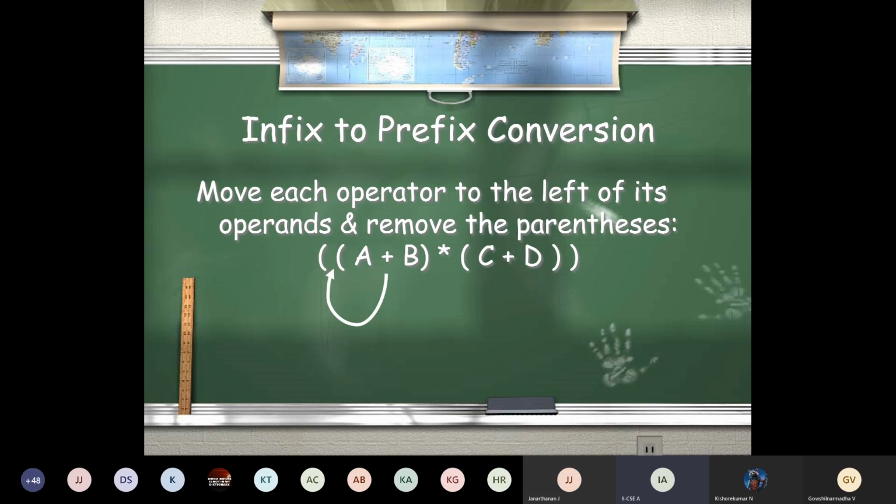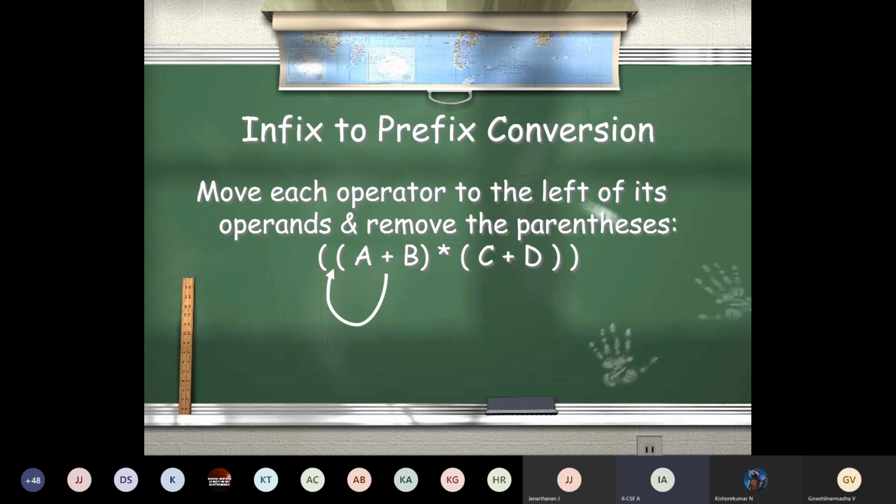So let us once again analyze how to convert this expression into prefix. I am taking a lot of time. This entire class I am handling only this, studying infix, prefix, postfix, and evaluating arithmetic expressions, because this is very important. So let us see. We are going to solve this a plus b first. So that plus should be taken to the front of a and b. That is your first step.